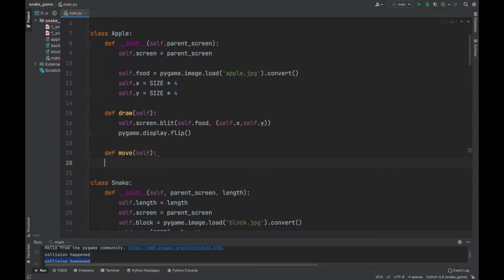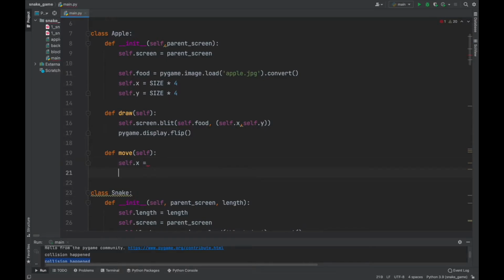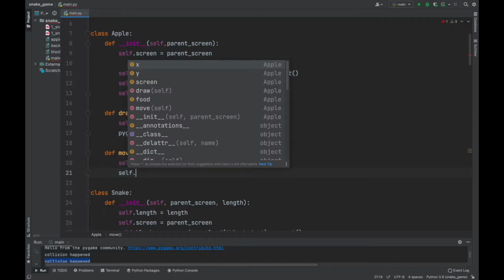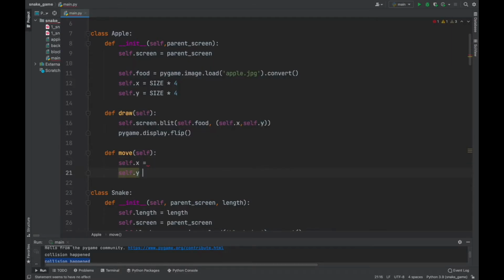In that, we need to change the coordinates of the apple: self.x, and I will tell you what we need to write there. Self.y is equal to,